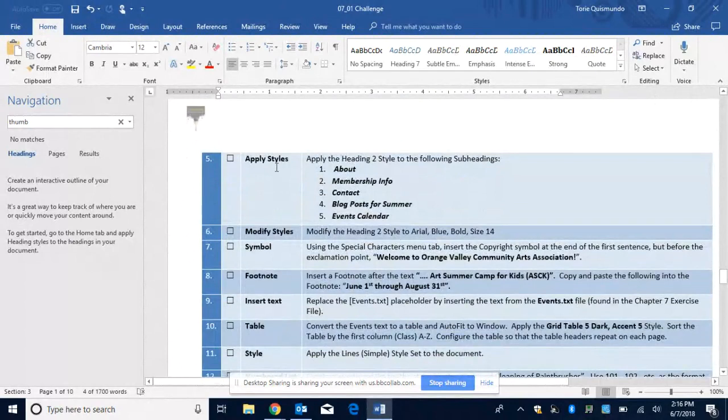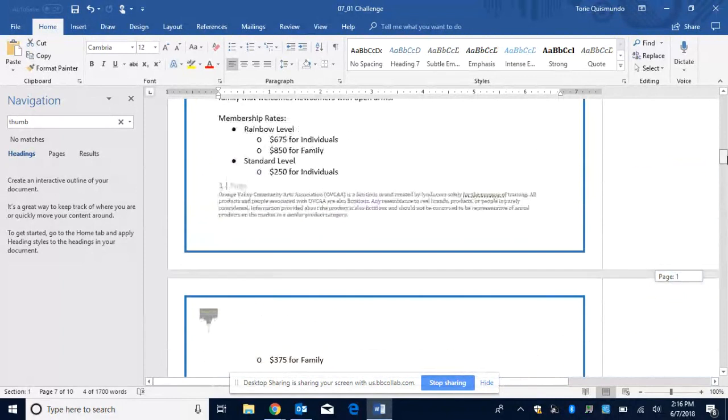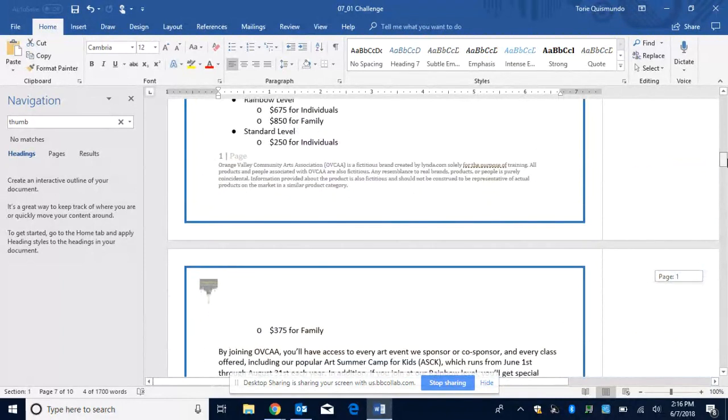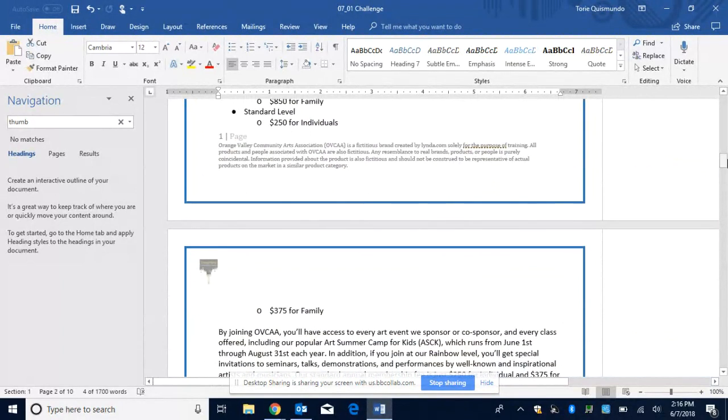Here we go. Applying styles. Apply the heading 2 style to the following subheadings. Okay, so they want heading 2. But let me ask you a question. What if this said apply the intense style? Apply the emphasis style. See, we very often, I know at Fayetteville Tech a lot, we use heading 1 style